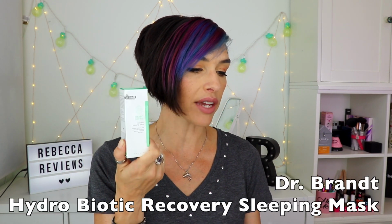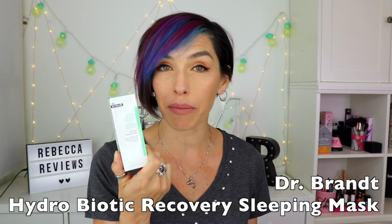Okay, the next thing in here is from Dr. Brandt. This is the Biotic Recovery Sleeping Mask. It's supposed to be good for irritated skin. It's supposed to be soothing and all of that. Generally speaking, I love sleeping overnight hydrating masks, but Dr. Brandt is not cruelty free, and this is one of those products that I wasn't super excited about as is, so I will set it aside and either do a giveaway, or